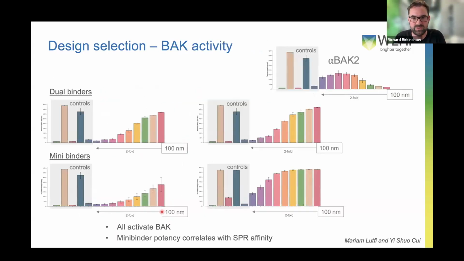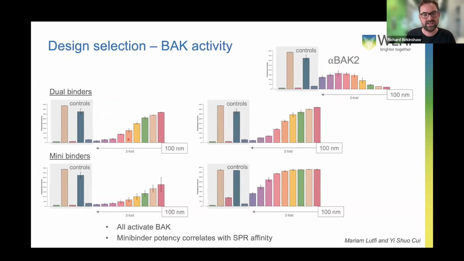So we then wanted to test the function of these proteins. So we returned to our liposome assay. Just to remind you, this is the anti-BAC2. These are our controls. If we titrate in from low to high concentration, what we would see with this dual function of anti-BAC2 is an initial activation. We see release from the liposome, but we hit a certain threshold, and then we start to see inhibition as we saturate the pool of BAC.